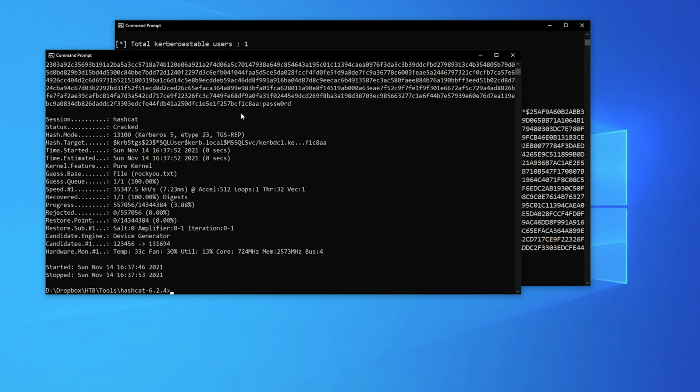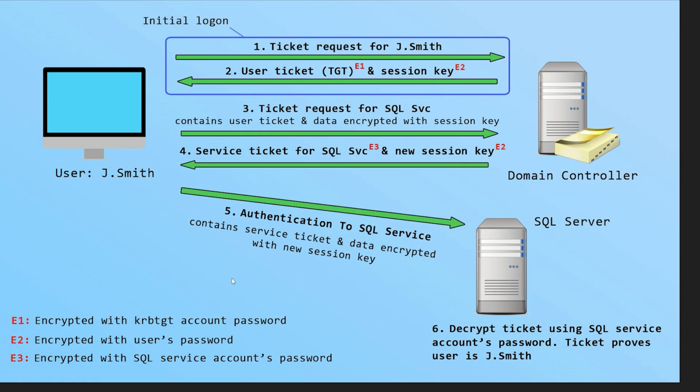And there we go, it's done already. So it's got the password, which was password with a 0. So we'll copy that. And now we've got the password to this service account. So if we go back to our in-depth diagram of the way the Kerberos authentication process works, we'll see that